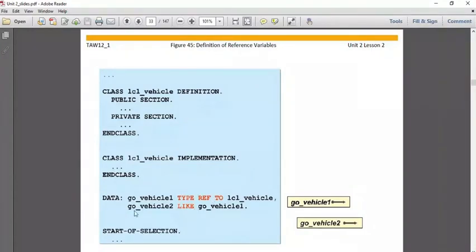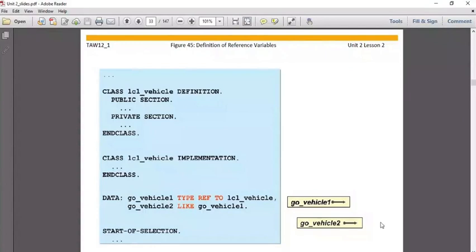Suppose we are declaring here go_vehicle2 LIKE go_vehicle1. So the type of go_vehicle1, that means this is also a reference variable, will be allocated to go_vehicle2, because we are using the LIKE addition. So go_vehicle2 will also point to this class LCL_vehicle. By this way we can create a reference variable. So we have created here two reference variables, go_vehicle1 and go_vehicle2.